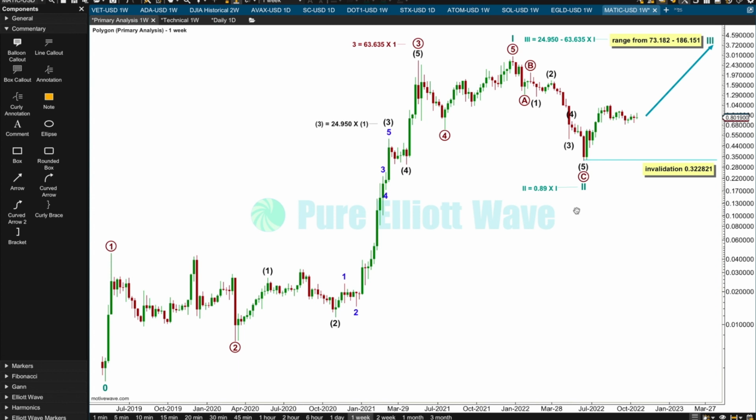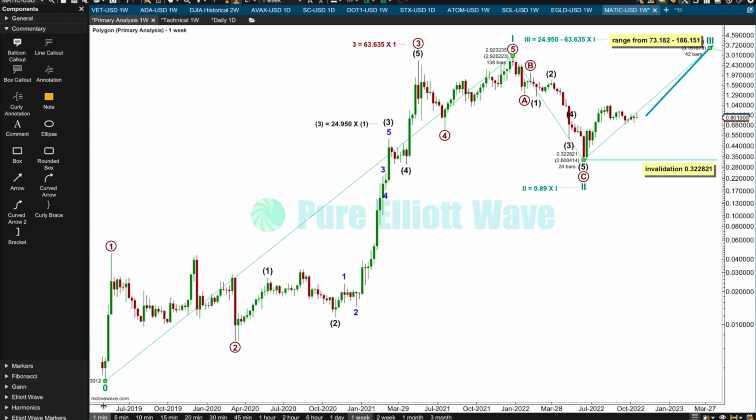Given past wavelengths, we can estimate a range for the potential end for cycle wave 3. Within cycle wave 1, intermediate 3 was 24.95 times the length of intermediate 1, and primary 3 was 63.635 times the length of primary 1. These are not Fibonacci ratios, these are just how long these prior waves were within this wave count. And so cycle 3 may quite reasonably be expected to be possibly 24.95 or 63.635 times the length of cycle wave 1, which is